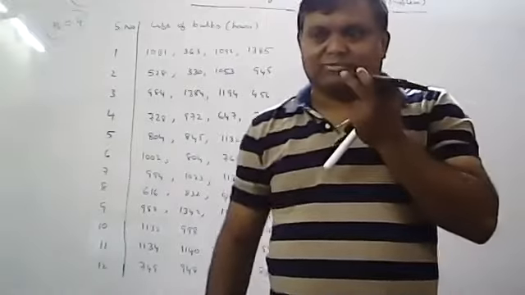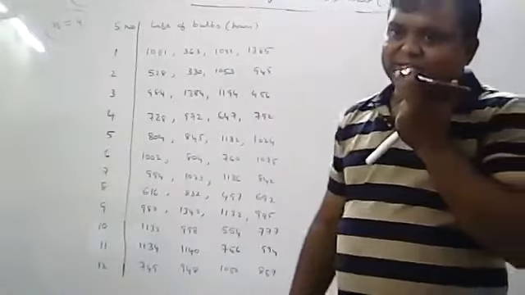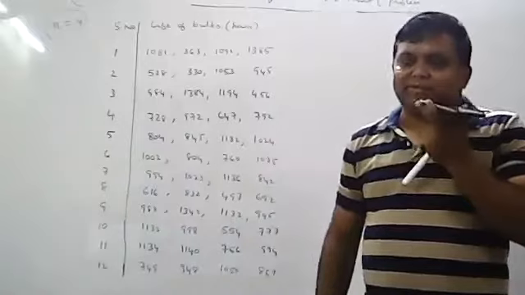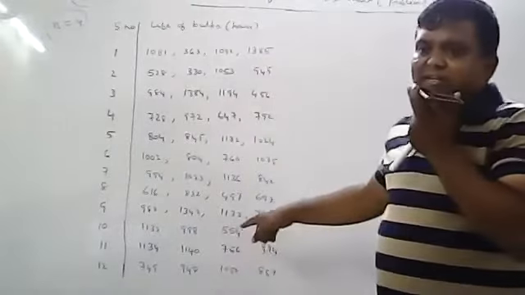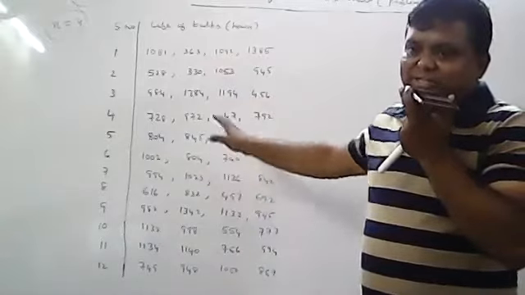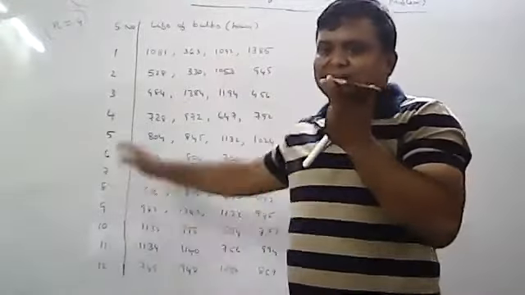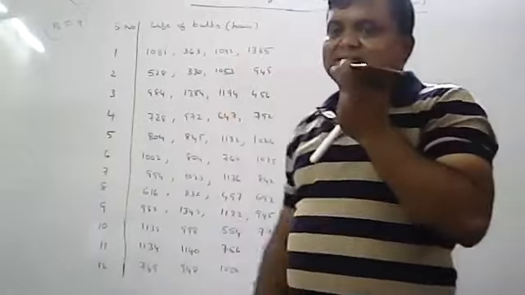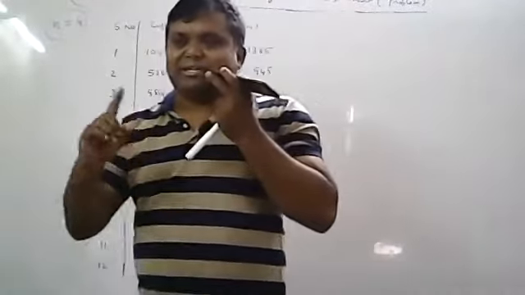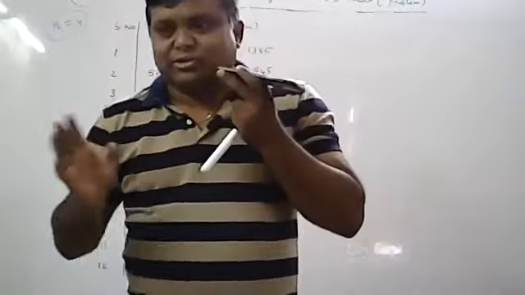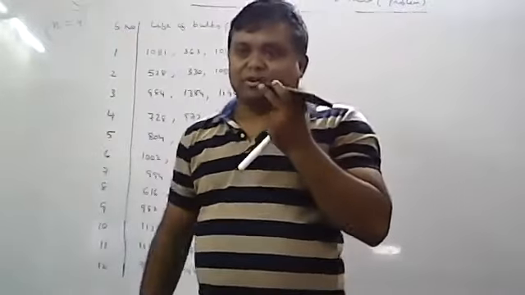Yesterday I gave you all the formulas. Standards are given means the mu value and sigma value are given. If you observe this particular problem, the mu value is not given, the sigma value is not given. This is a general data problem, so that means standards are not given. Whenever standards are not given, you have two formulas for constructing the mean chart: sigma is estimated with range, or sigma is estimated with S. You can use any formula for calculation of control limits.